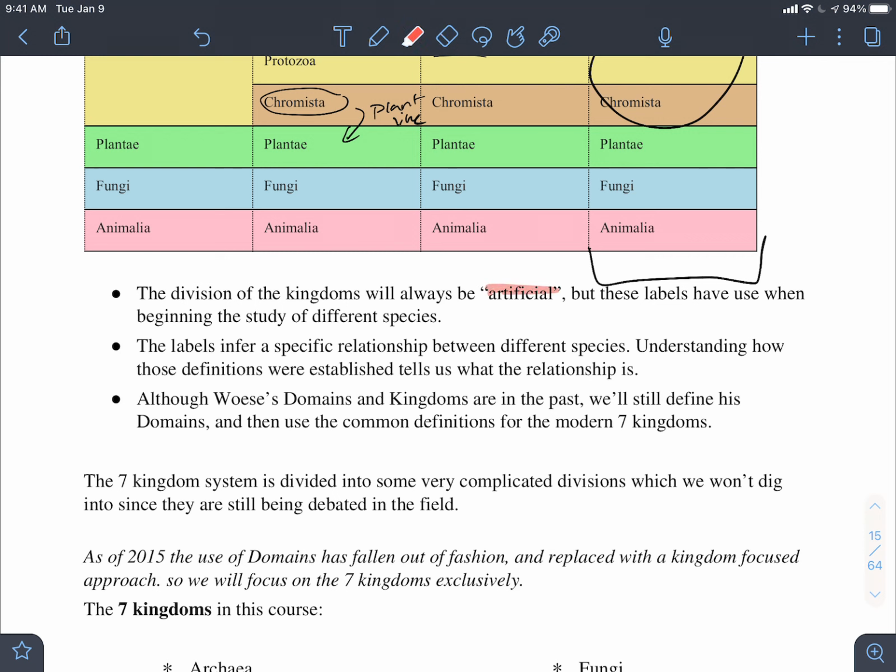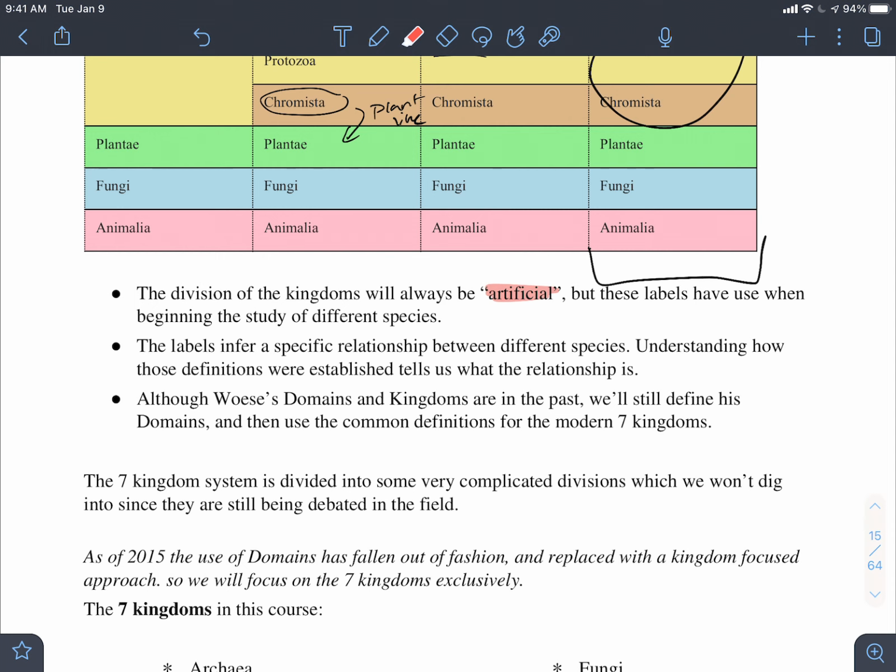So that's the other piece I want to remind us. The only reason I do this big deep dive into this area is because I want you to get this idea that we can label things all we want, but it's still just a bunch of human scientists labeling life that came about in this world naturally, and messily. Life is not clean. It's not a nice straight shot from one organism to the next. It's a big mess of crossing and uncrossing and changes and all sorts of things that happen. The labels are there to infer some sort of specific relationship between the species, and how these definitions were established tells us what that relationship is.